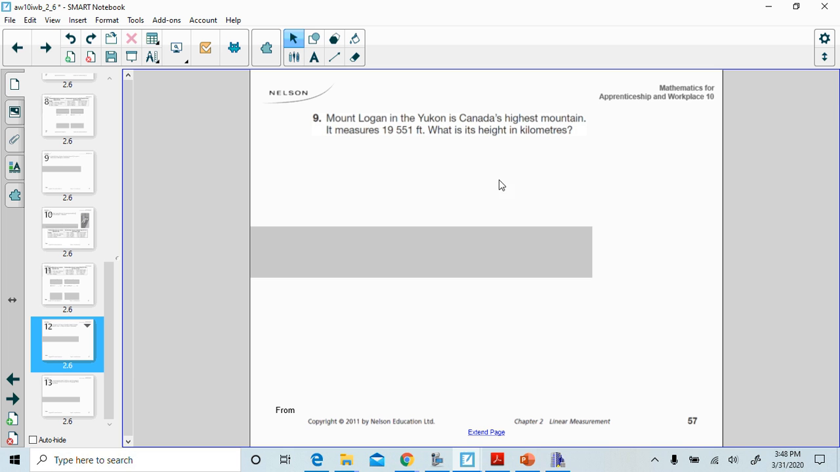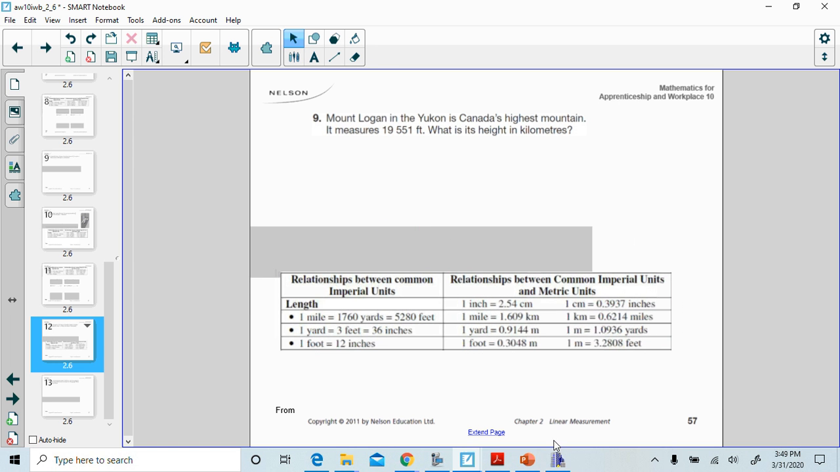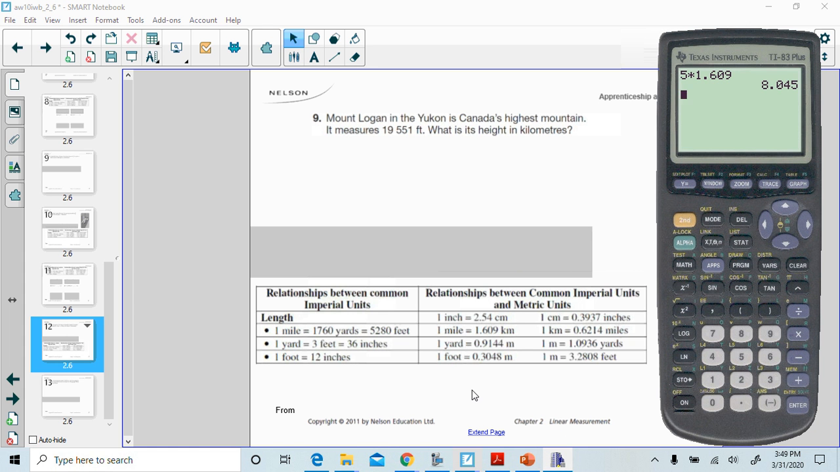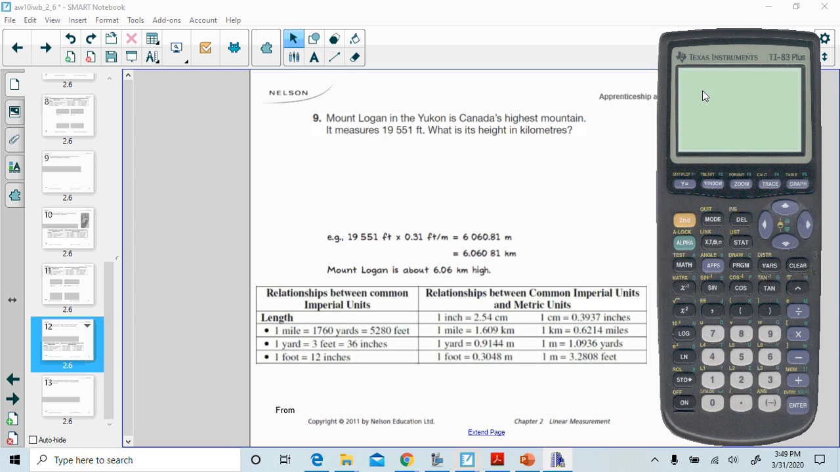Moving to 9. Mount Logan in the Yukon is Canada's highest mountain. It measures 19,551 feet. What is the height in kilometers? So again, we're thinking about what are we going to use for a converter. Okay, so we have feet to kilometers. So we have a number here we could use, feet to meters, and then convert that to kilometers by dividing by 1,000. So let's just take our number and multiply it by 0.3048, which is this from the formula sheet, which will give you,